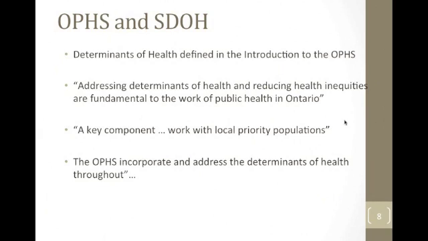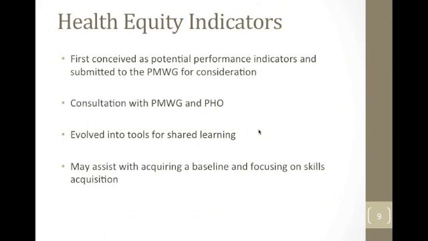In addition to the Ontario Public Health Standards that govern our programs, we have organizational standards, and one in particular, Standard 3.2, requires boards of health to have strategic plans, and within those plans to describe how equity issues will be addressed in the delivery and outcomes of programs. So social determinants of health permeate the Ontario Public Health Standards. Next slide, please.